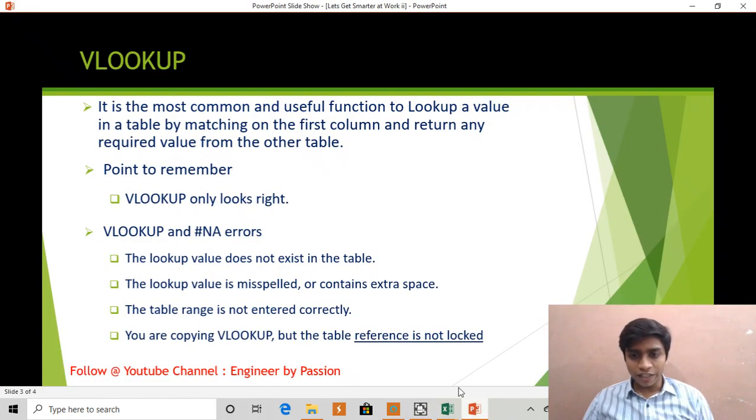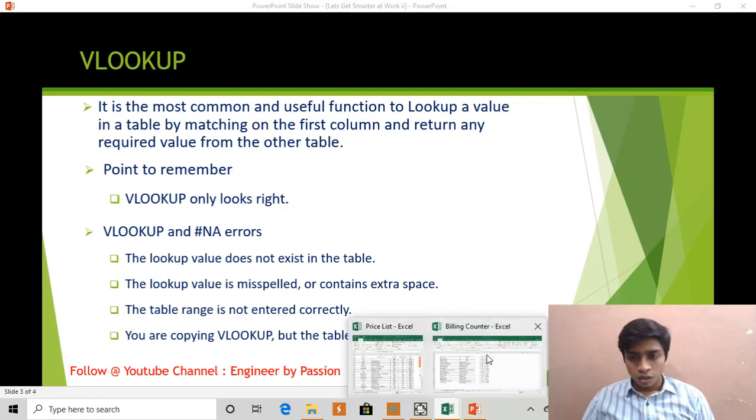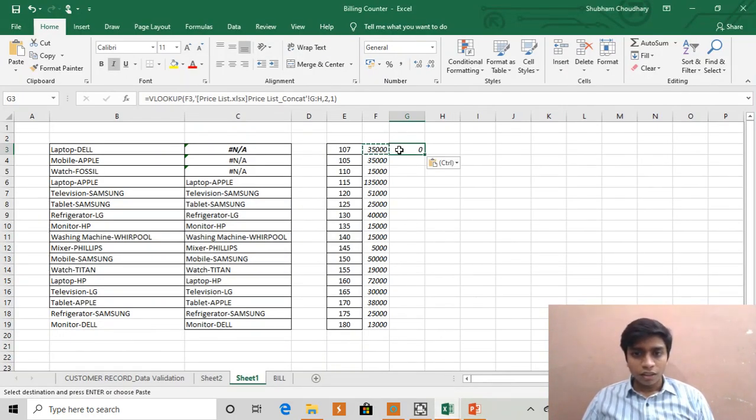What happened is, the reference we selected, here E3 is the lookup value, and from table array we have F and G columns.